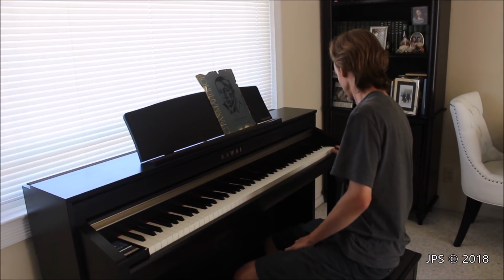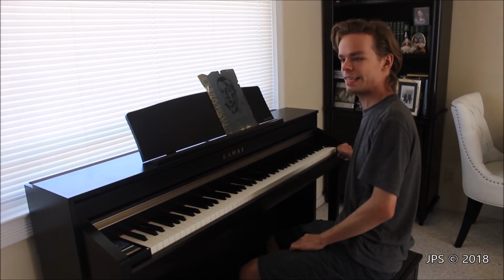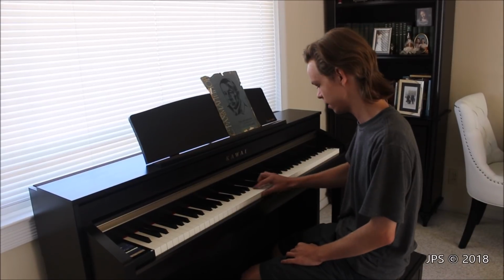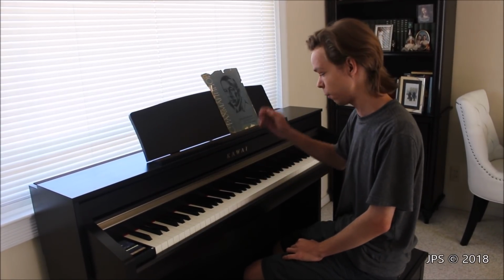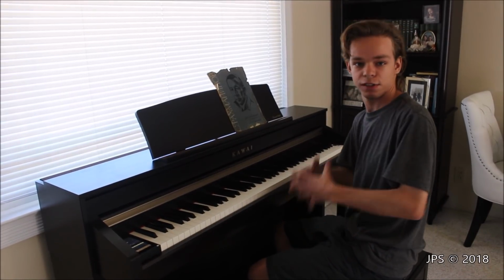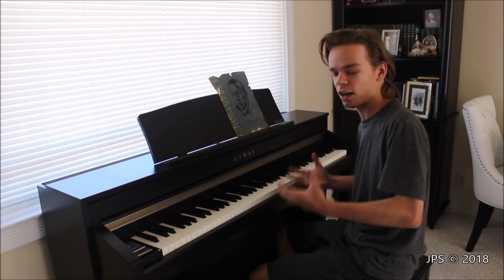The model keyboard I am here with today is a Kawai CA78, and it has a lot of cool features that I wanted to talk about in this video because it's a pretty nice keyboard, and it's honestly one of my favorites, both from Kawai and of keyboards in general. I really like this one. Now, as far as keyboards go, it's a rather high-end keyboard and it costs a bit of money, but it